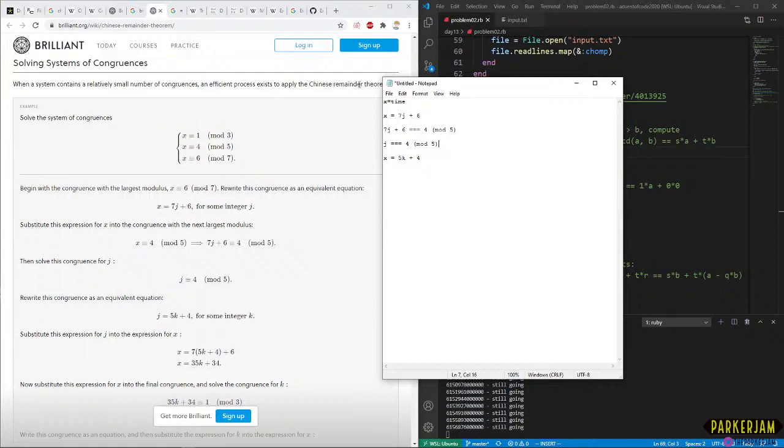How do we know that j equals 4 mod 5? We know 7j plus 6 equals 4 mod 5. I guess that's the step that seems kind of weird to me.